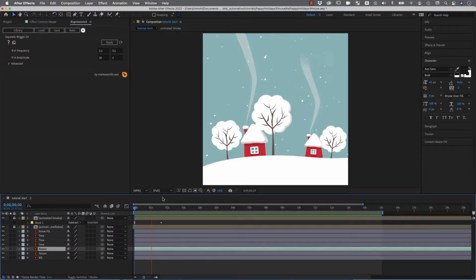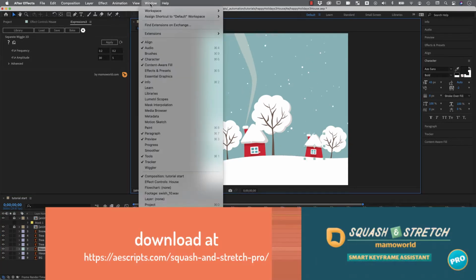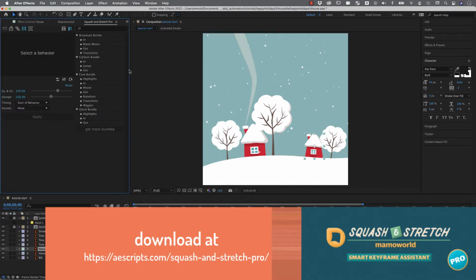Okay, in the previous episodes we already animated this nice snow and the smoke coming out of the chimney, and next we want to animate this house, which is both a lot of fun and super simple. So we use for this our extension Squash and Stretch Pro. So we go to Extensions, Squash and Stretch Pro, and let me make this window just a little bit